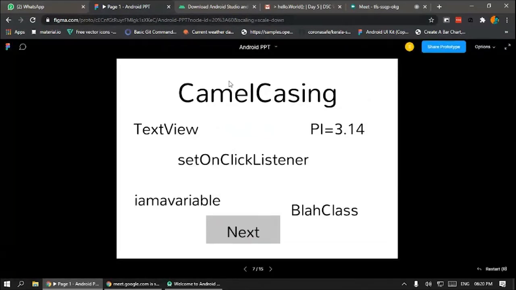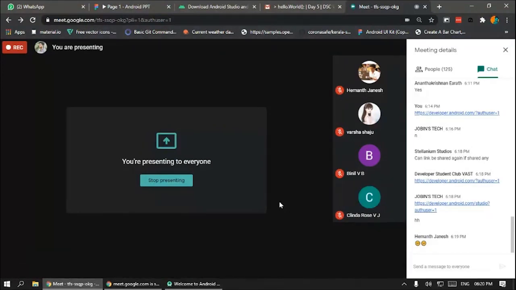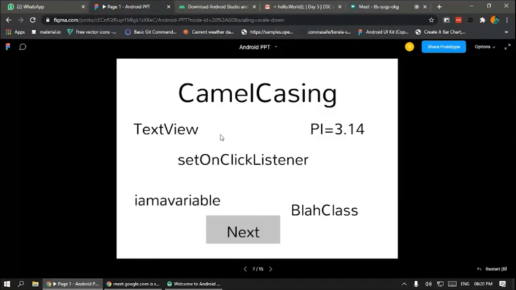Okay, this is called camel casing. If you observe clearly, I have written image view with I capital and V capital. I have written text view with T capital and V capital. Like, it's a weird syntax, right? It's not in English grammar. It's called Android grammar. And the main part of Android grammar is camel casing. So when naming a text view, the T must be capital, the V must be capital.